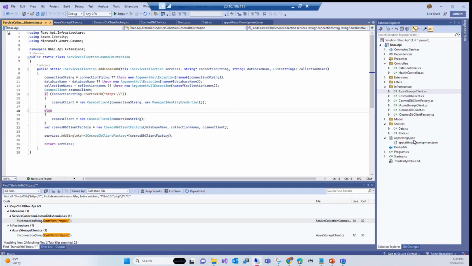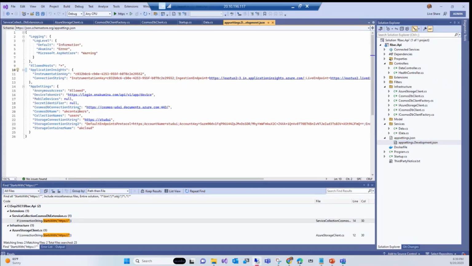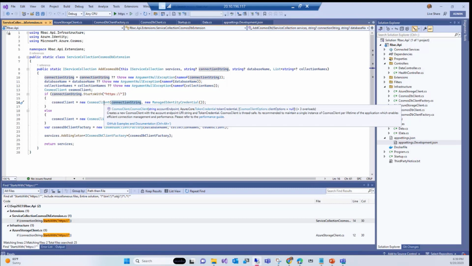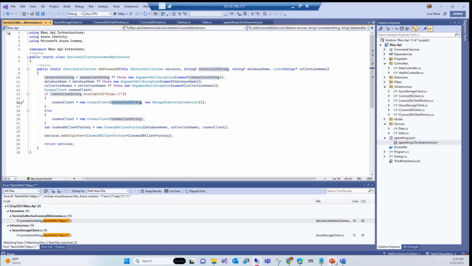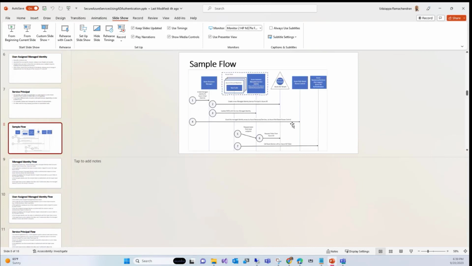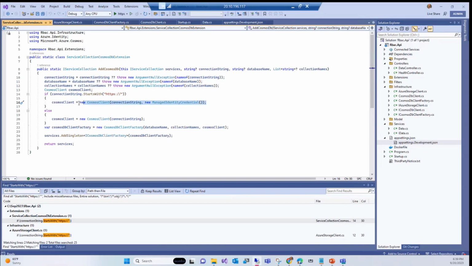So what we have here, you can come up with a convention, but I came up with this convention. I put the server name directly, beginning with HTTPS, and I'm going to assume that it is RBAC, right? Same thing up here. So if the connection string starts with HTTPS, I say CosmosClient connection string, and then it takes another parameter called the token credentials. Remember this diagram we were talking about? It generates a token here, right? And then it passes the token there, right? So this is line number 4. Okay, it creates a token.